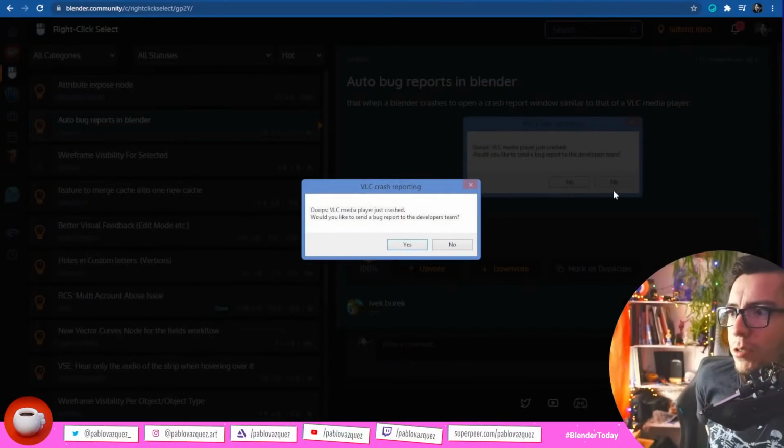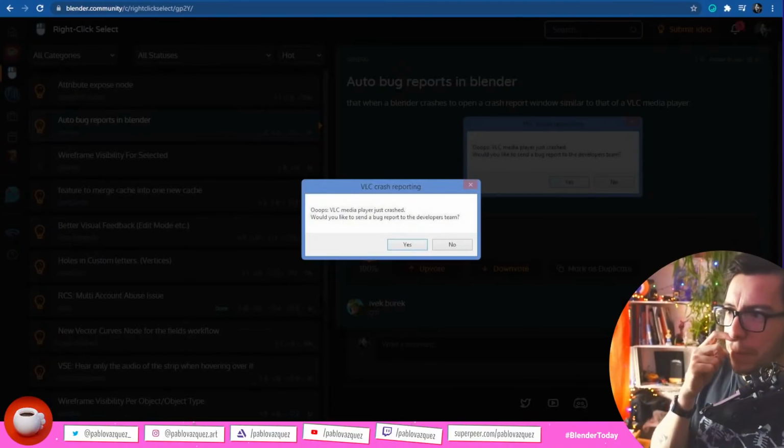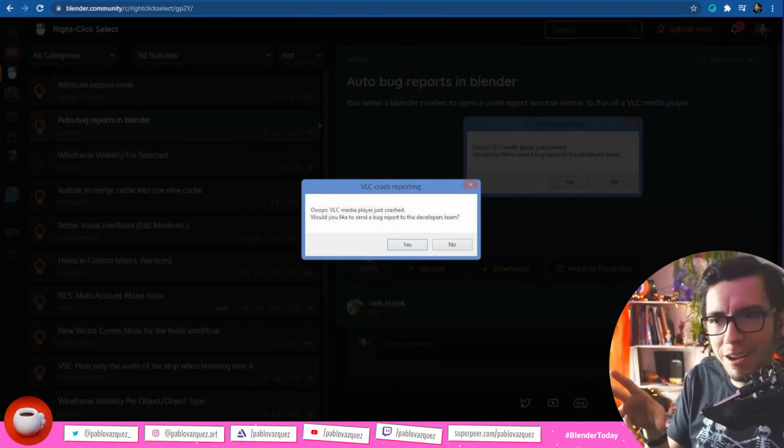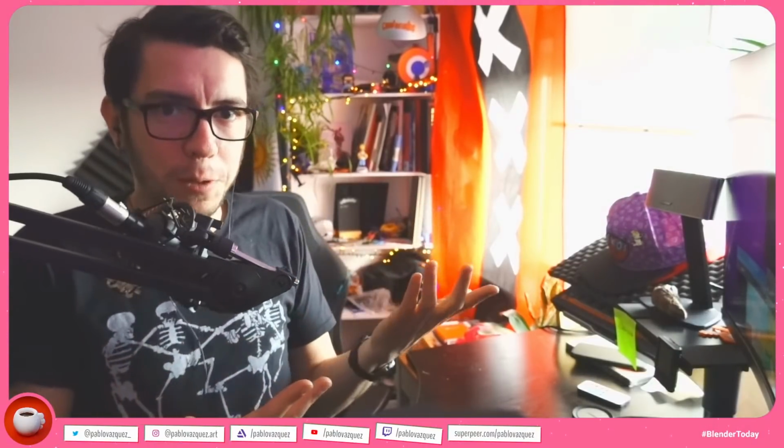Well, I would say, without playing down VLC, it has limited functionality. There are not so many combinations of things you can do on a video player. Yeah, maybe you can stream from weird places or weird formats, but it's more predictable what will happen, so you can automatically send reports.